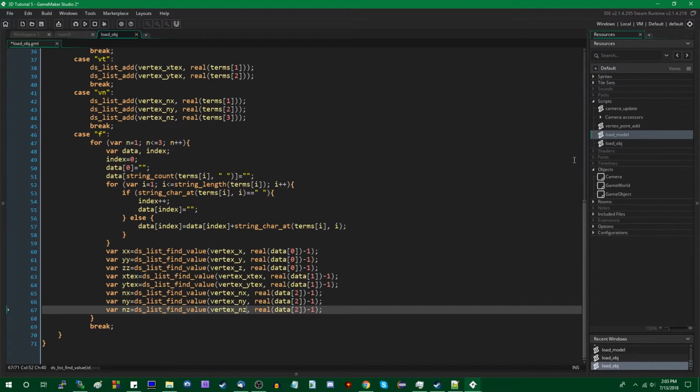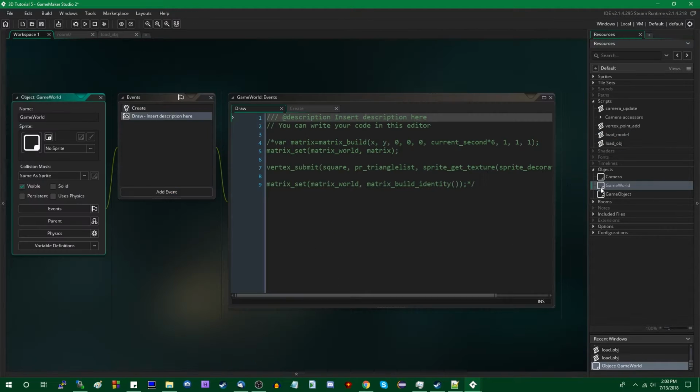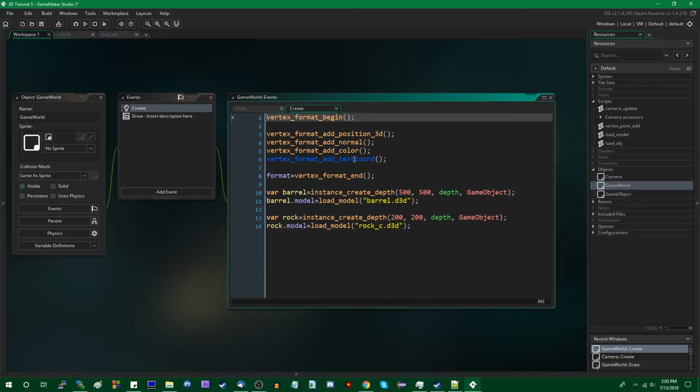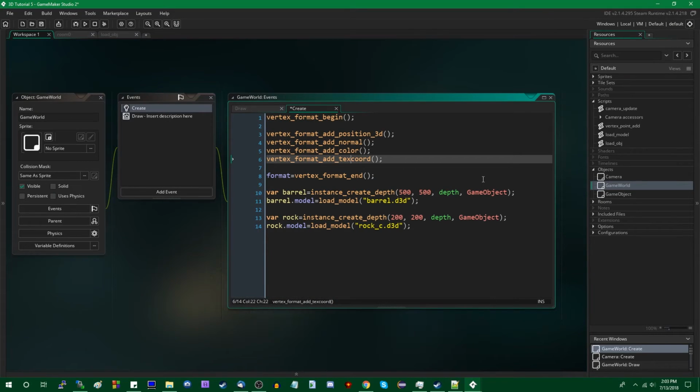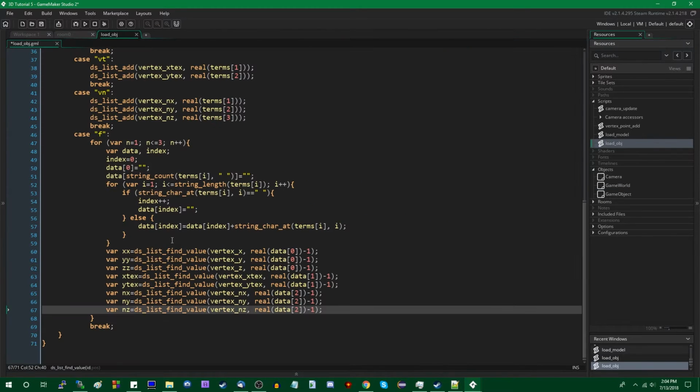Now all we have to do is go into the game world object, which is where I created the vertex format. I've been informed that vertex_format_add_textcoord with a second t is a deprecated function. If I just delete the second t in textcoord, GameMaker will stop complaining at me. So thank you to whoever informed me of that in the comments a few days ago. Anyway, the order that I have to add them, because this is the order that I created the vertex format, is going to be position, normal, color, and texture coordinates. So if I come back here,